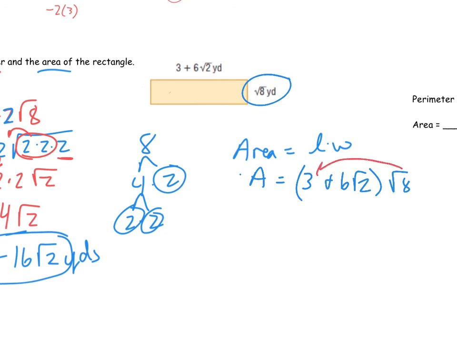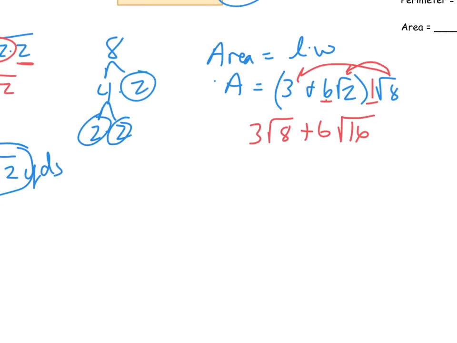First of all, the square root of 8 times 3. So that's 3 square roots of 8. And then the square root of 8 times 6 square roots of 2. Now that's 1. So 1 times 6 is 6. Numbers in front there. And then 2 times 8 is 16. So cleaning this up a little bit for the area,